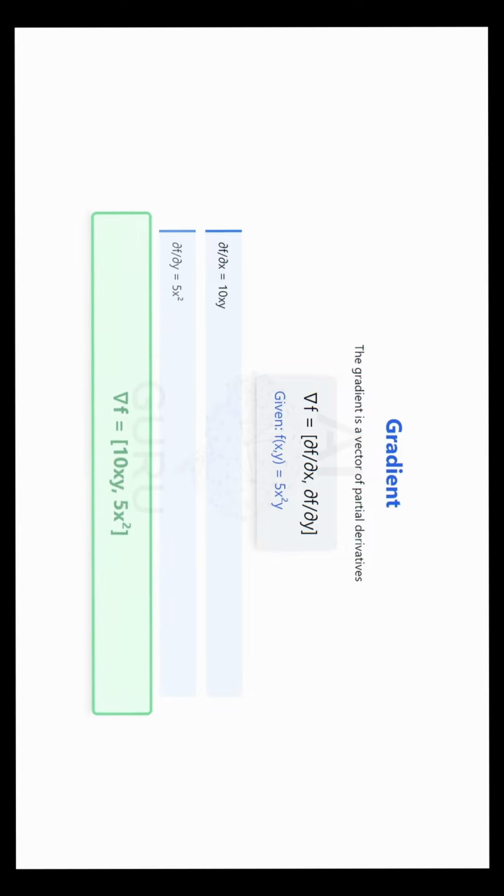Exactly. And that vector points in the exact direction you'd need to move both x and y to get the biggest possible increase in the function's value, the steepest path up the hill. Okay, that makes sense for one output, like a single loss value. But